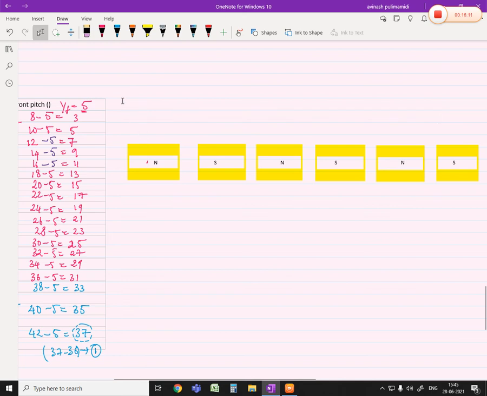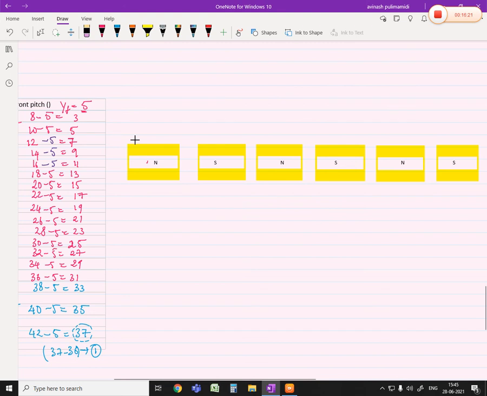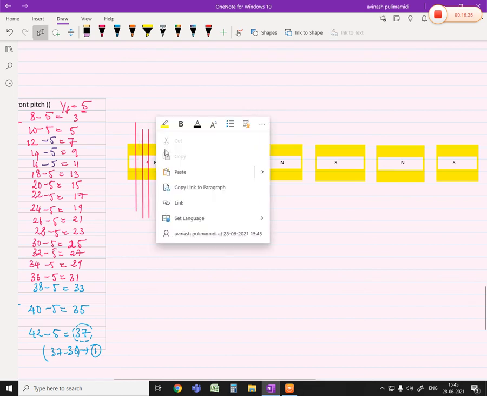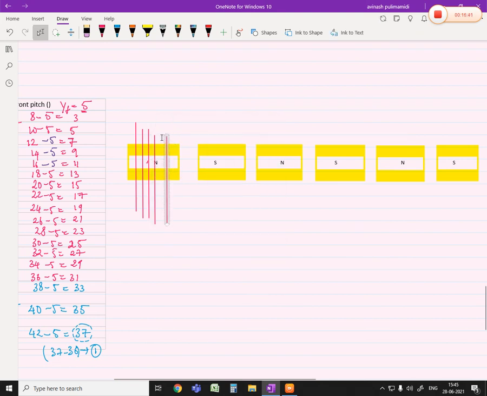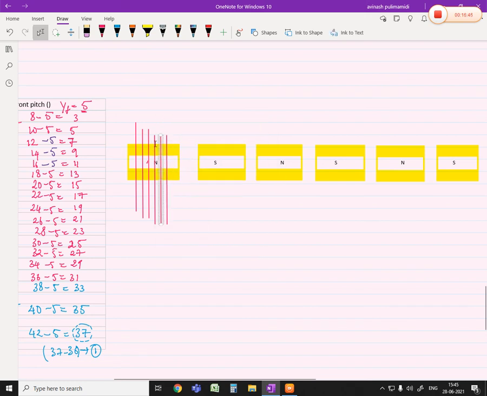Okay. Now how many number of conductors we require here? 36 number of conductors are required. So let us take the shapes here. For every pole, how many number of conductors we will be placing here? 6 number of conductors, because pole pitch. Conductors per pole. 1, 2, 3, 4, 5, 6. Okay.